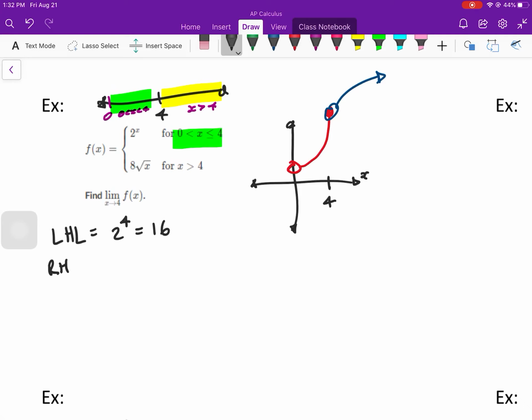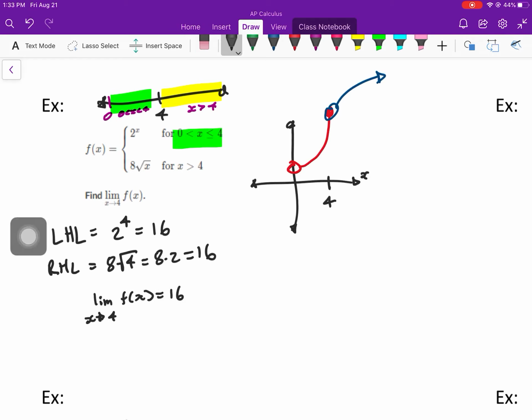And then the right-hand limit, we're going to use this one because it represents the right of 4, greater than 4. So from the right would be the 8 square root of x. So that would be 8 square root of 4, which is 8 times 2, which is also 16. So you just need to double check, are the left and the right the same, unless they specify, which they could specify, in which case you just go with one of the limits. But since they're both the same, this limit, as x approaches 4,